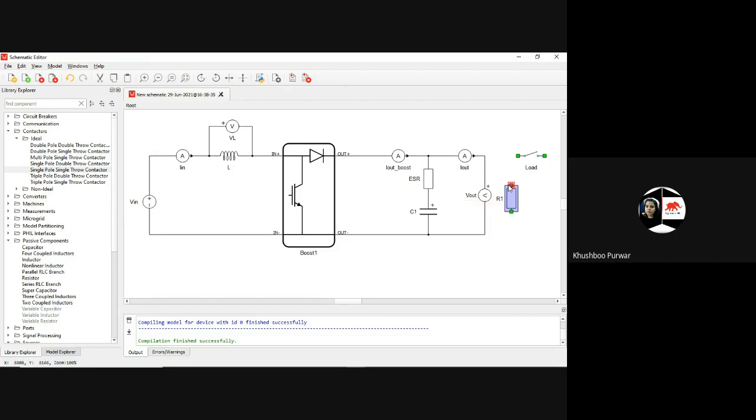Now you can join this R1 with here. One second. Similarly, I just shift the load a little bit here. Load.